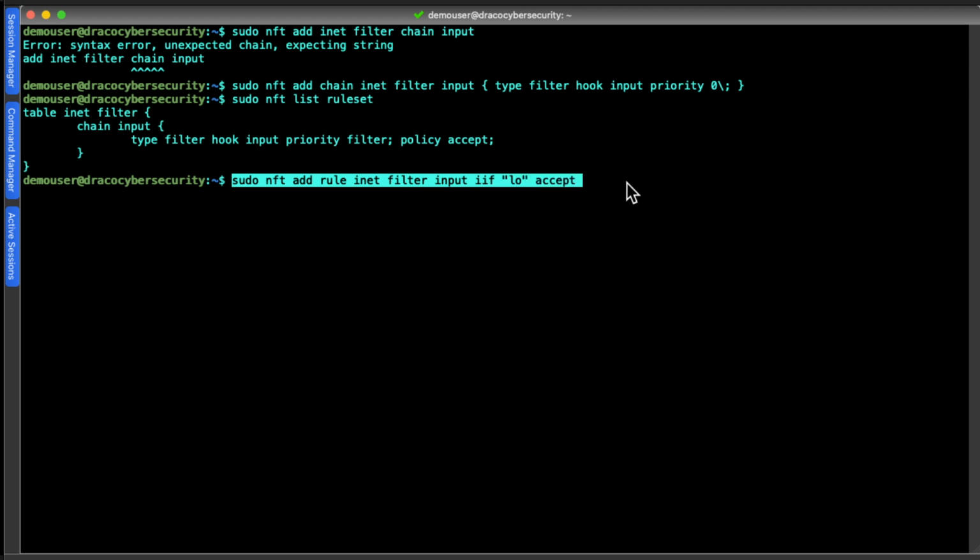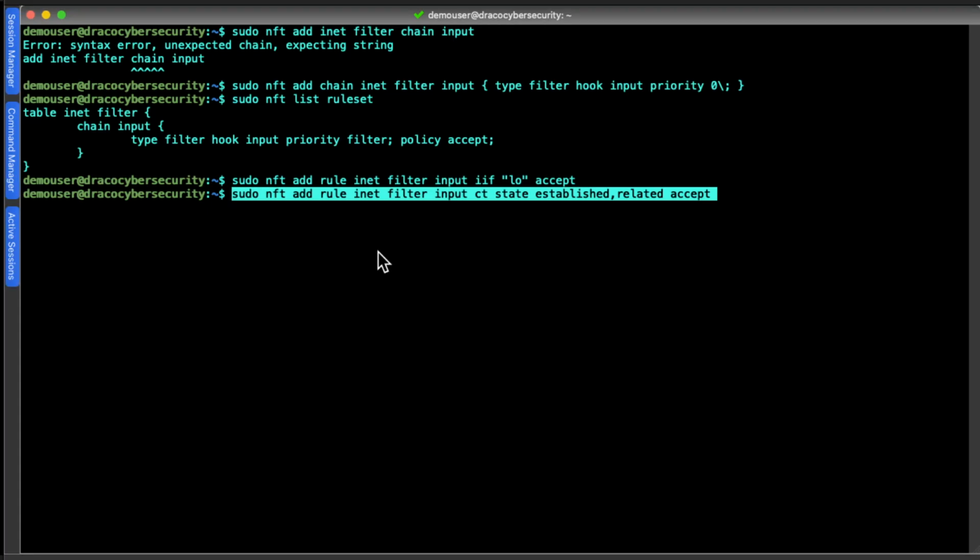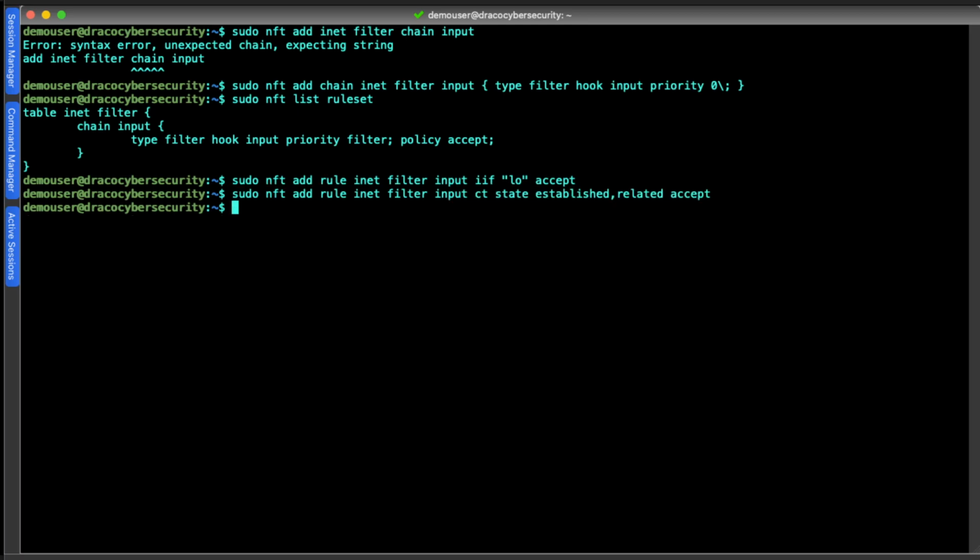Accepting traffic from loopback. That's usually the first one that I add. Now the next one that is good to add is to keep any established or related packet, right? If there's a two-way communication that's been established, we want to allow it to continue. And then the last one that you want to have is basically the rule